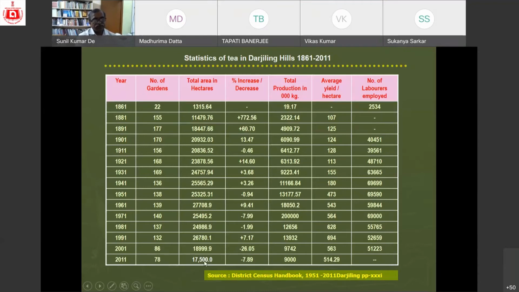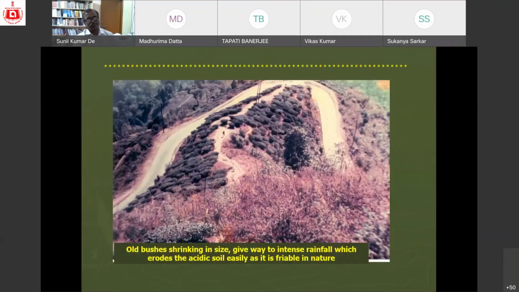So this area has been reduced. Darjeeling tea is losing its international fame, and this is the condition of the tea gardens. See, this is poor maintenance because they are not getting good returns. So most of the owners of the tea gardens are leaving them,